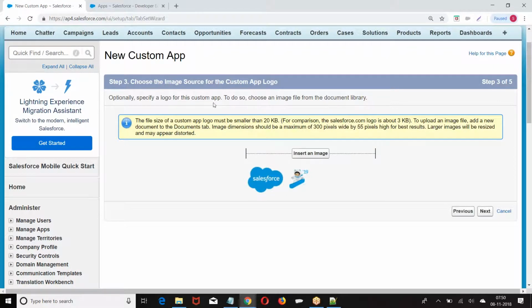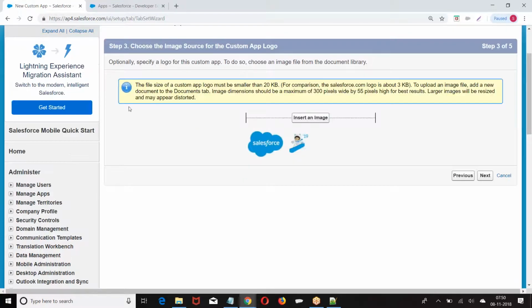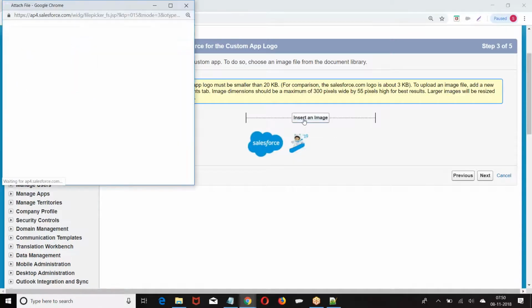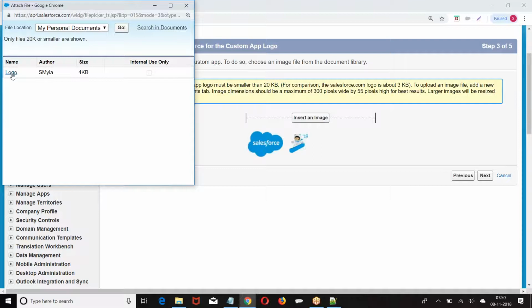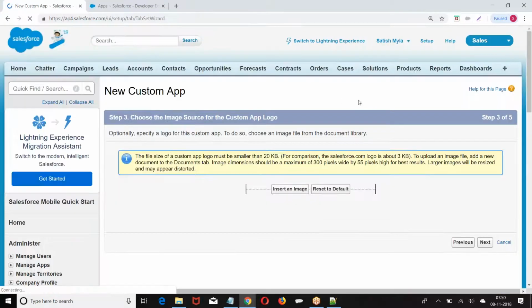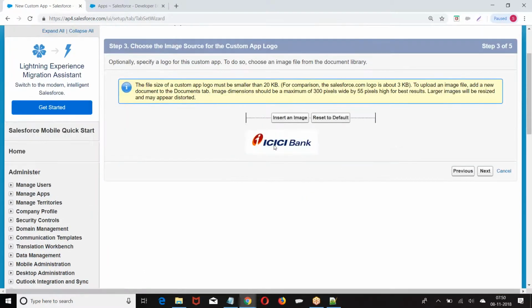No, I want to specify the logo, so insert an image. Choose the logo. We are applying that logo for the application.